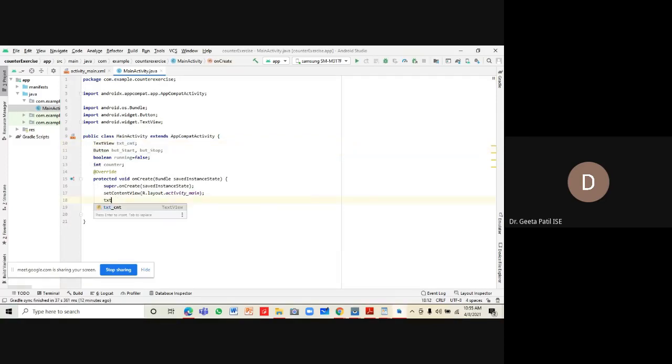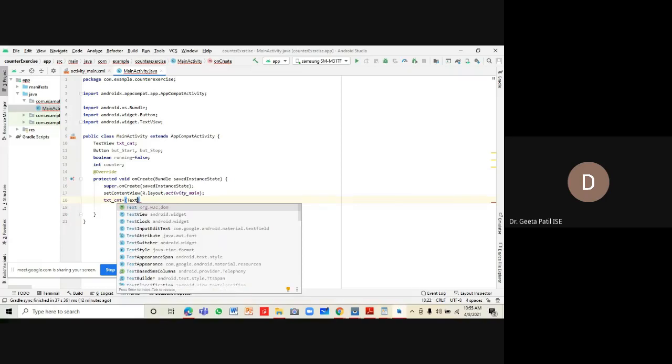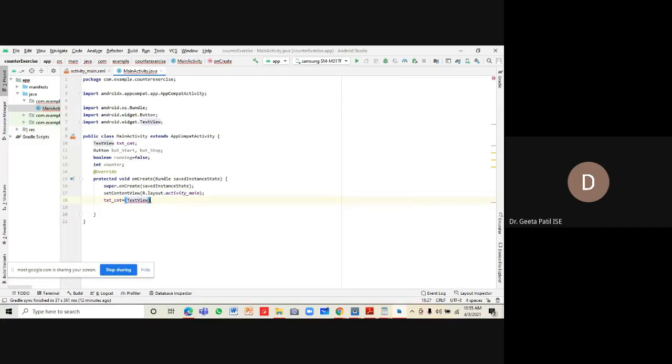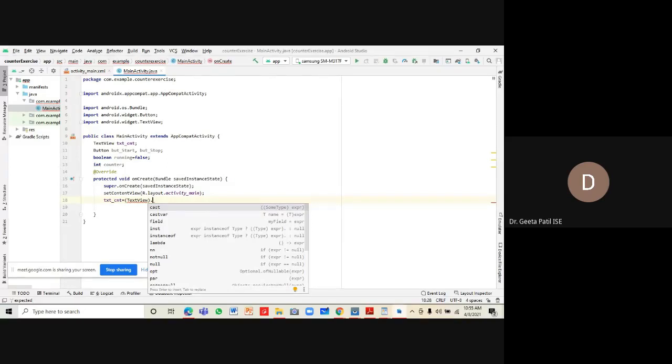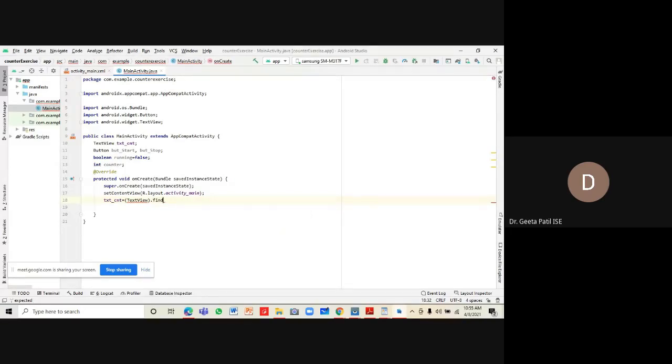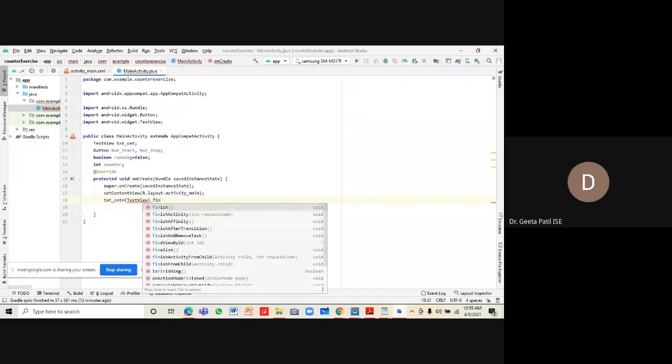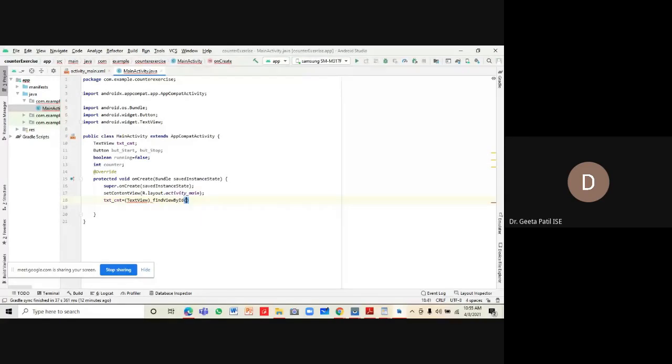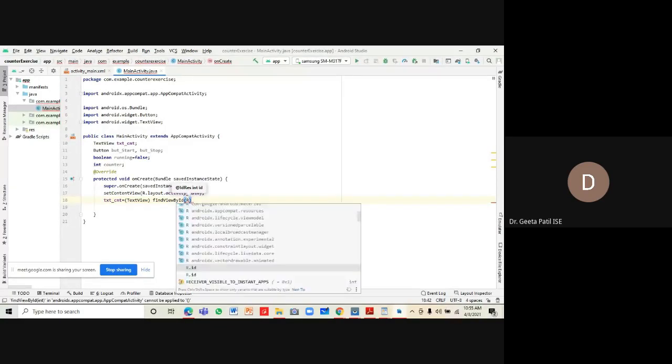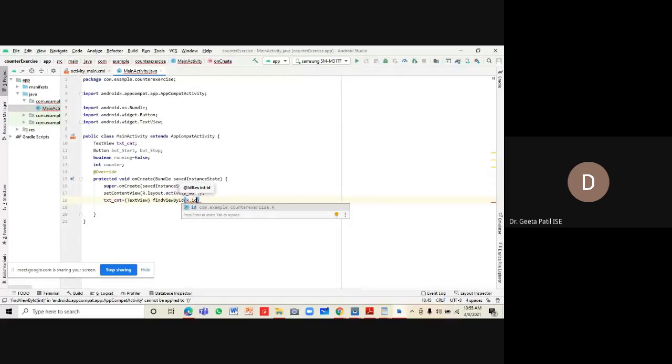So we are saying text count is equal to, we will typecast, TextView dot findViewById from resources, R dot id dot, we want text count to be linked with txt count from the XML file. text count is a reference to txt count in the XML file.